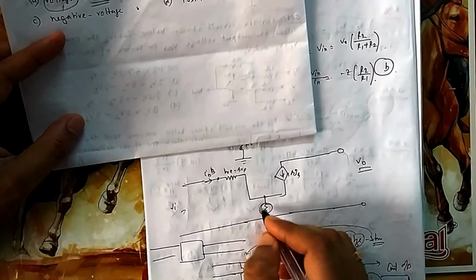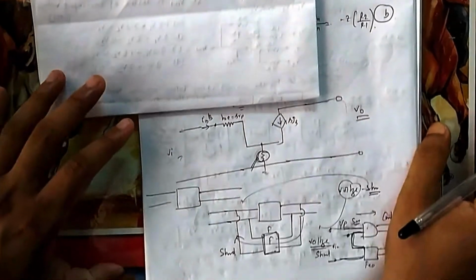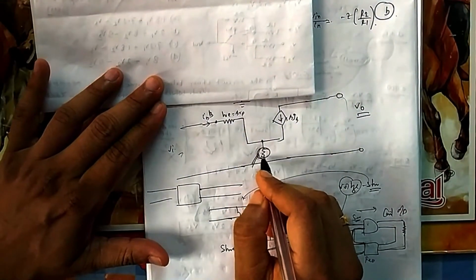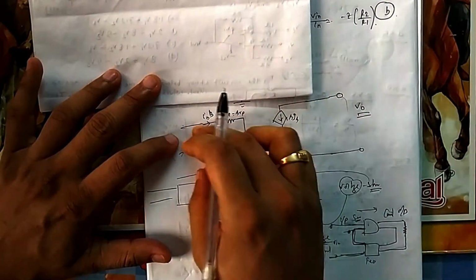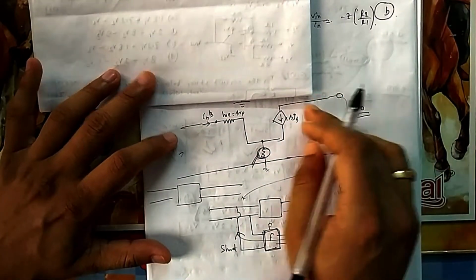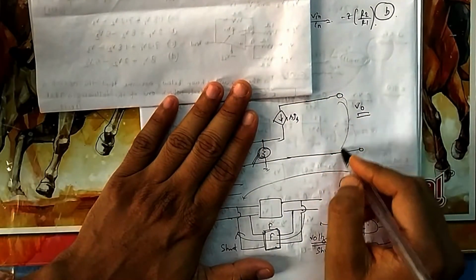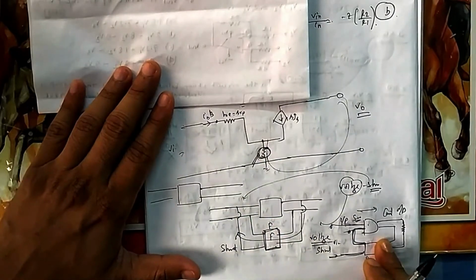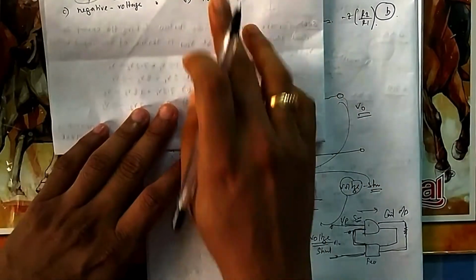This is what they were talking about: the unbypassed emitter resistance. What is it providing? What type of feedback is it giving? What is the relation between input and output? So you see the output circuit. Forget about the input. What is it doing? It is taking some sort of output current through it, and then it is injecting it. So it is current sampling.